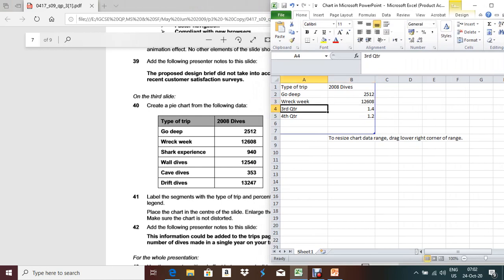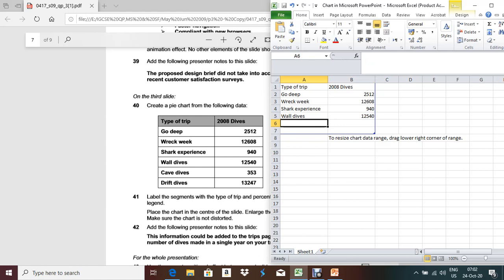This one, Shark Experience, 940. Next, folders, 12540.